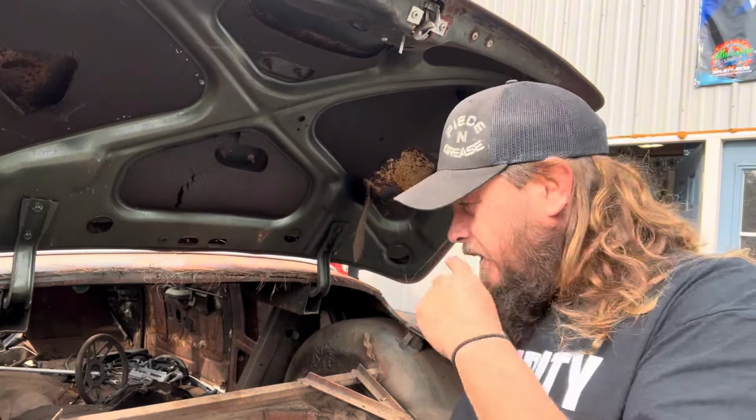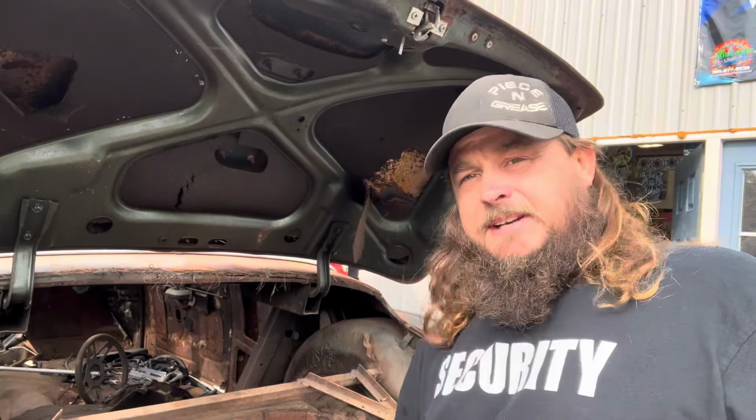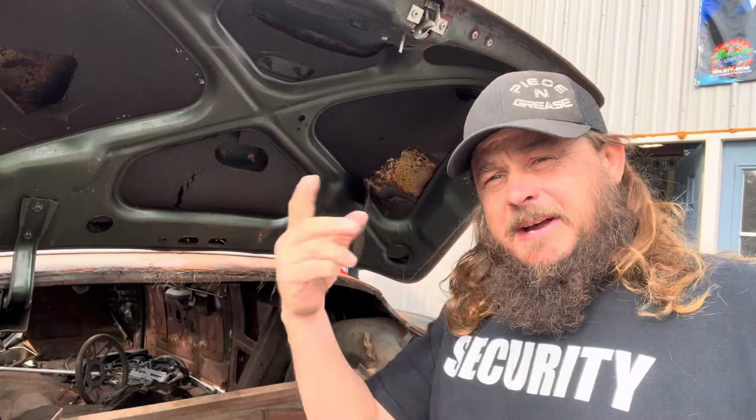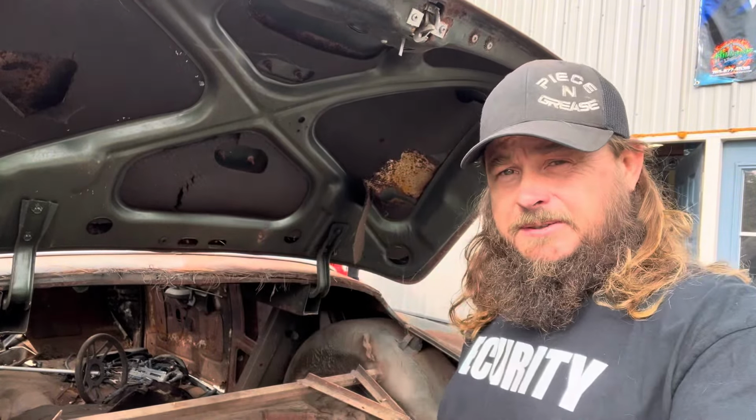I don't care who you are. We're gonna get rid of all this stuff that's been in the way. It's been part of the reason I've never done anything with it. We got the old frame out of the way. There's no more excuses. Excuses get in the way of results. So